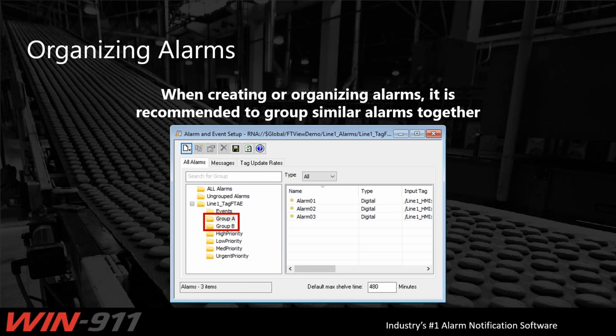You could then create another subscription for alarms in group B and direct those alarms to a different set of operators. So it ends up creating a very easy way to set up escalation in WIN-911. If you don't have a way to group your alarms together, or you just haven't done it, then what you're going to end up having to do is set up alarm subscriptions based on your